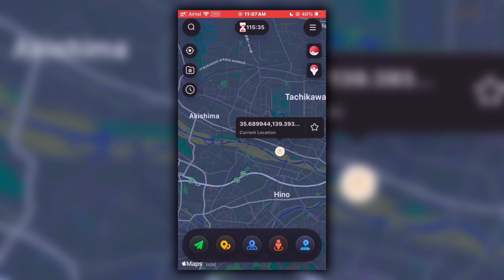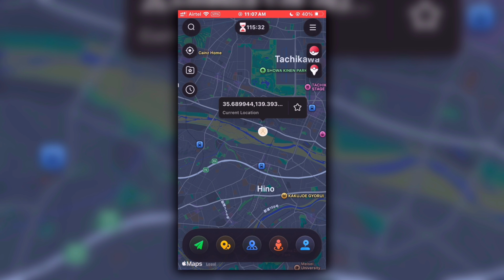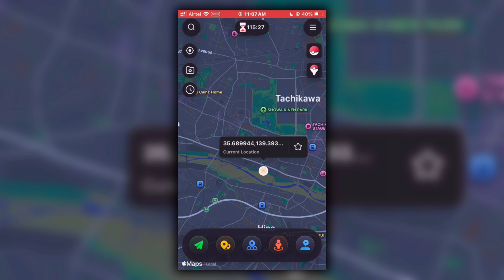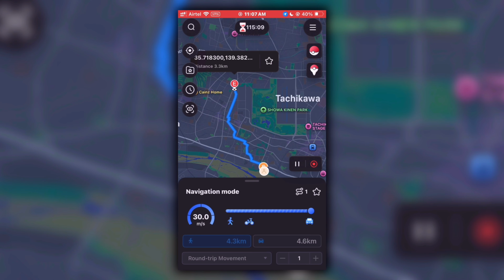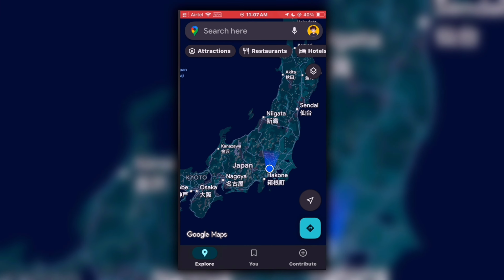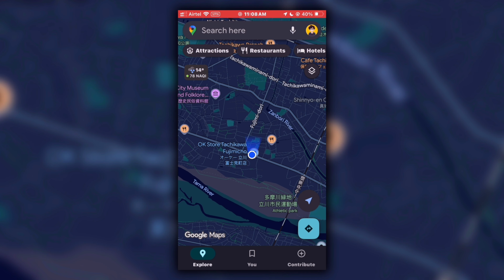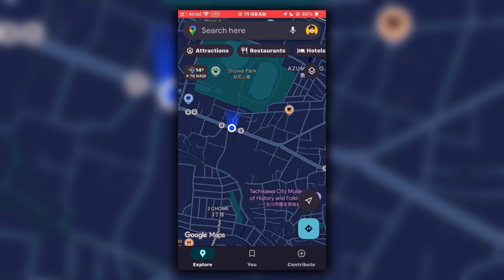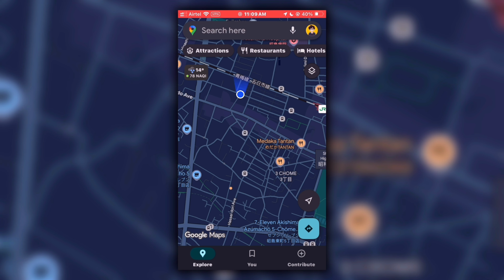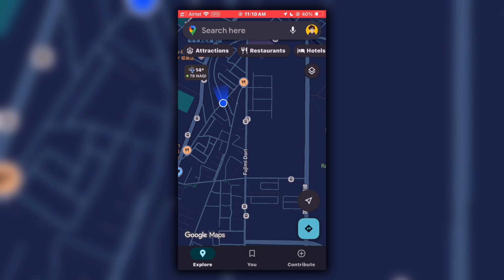For example, here is the first option on which you will just have to select the location you want to move to and then just click on this send icon, and it will automatically find a best route. And after that, you will just have to select your speed and the rounds you want, and then just click on start. After that, you will see your location will start moving without any issues, and it is best for the people who work in the delivery apps and in the Pokemon Go or Monster Hunt like games. And trust me, you will never face any cooldown or account ban problem.